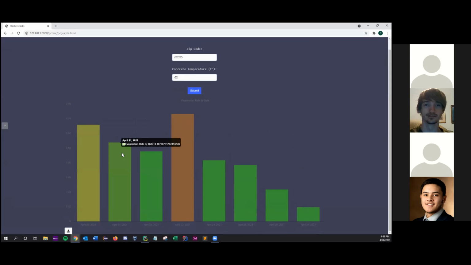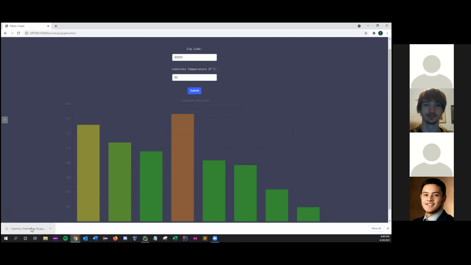And based on this evaporation rate, you can see we have different colors for each of these bars. That represents the risk of these plastic shrinkage cracks occurring. Obviously with green, you'll have a much lower risk of them occurring, and as it gets closer to red, or yellow to red, you have a higher chance of this occurring. So this just gives you a nice visual aid for when it'll be safe to pour concrete based off these weather temperatures. And we also gave the users the ability to download this chart as an image